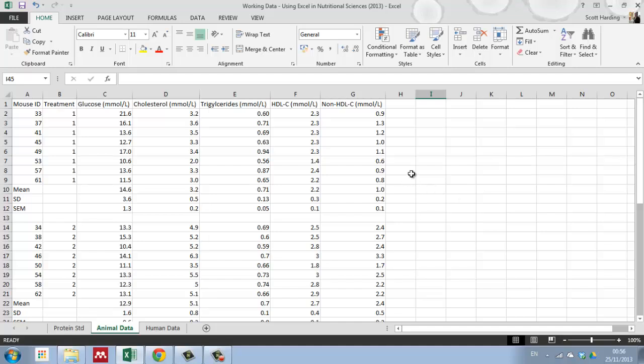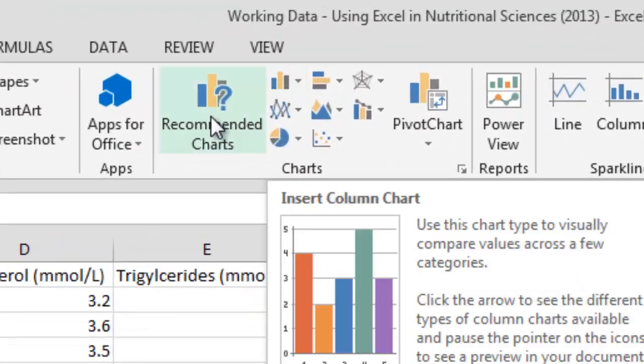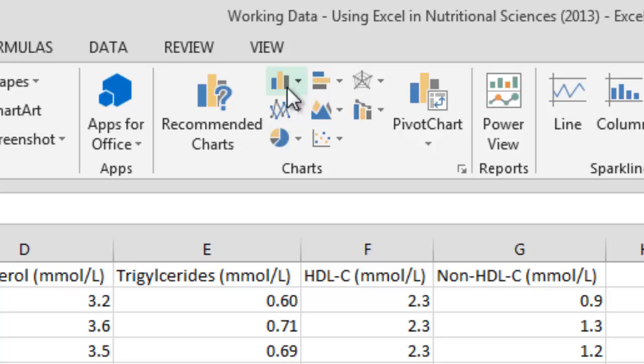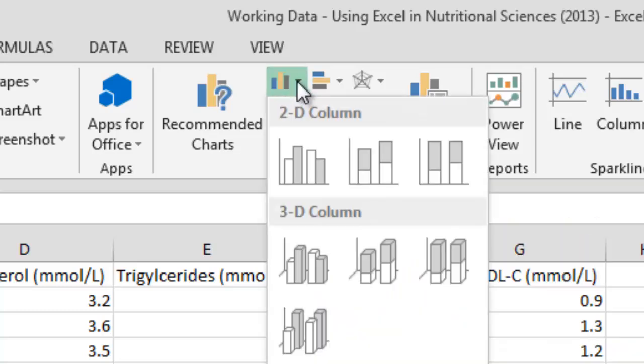And now I said we were going to put in a bar graph, and in this bar graph we're going to ignore the glucose and triglycerides for now, and graph the cholesterol values. So this is total cholesterol, HDL cholesterol, and non-HDL cholesterol. To do that, we're going to go up to Insert. Under Charts, we're going to insert here where it says Insert Column Chart. Open up the drop-down box. We're going to insert a simple 2-dimensional column chart,